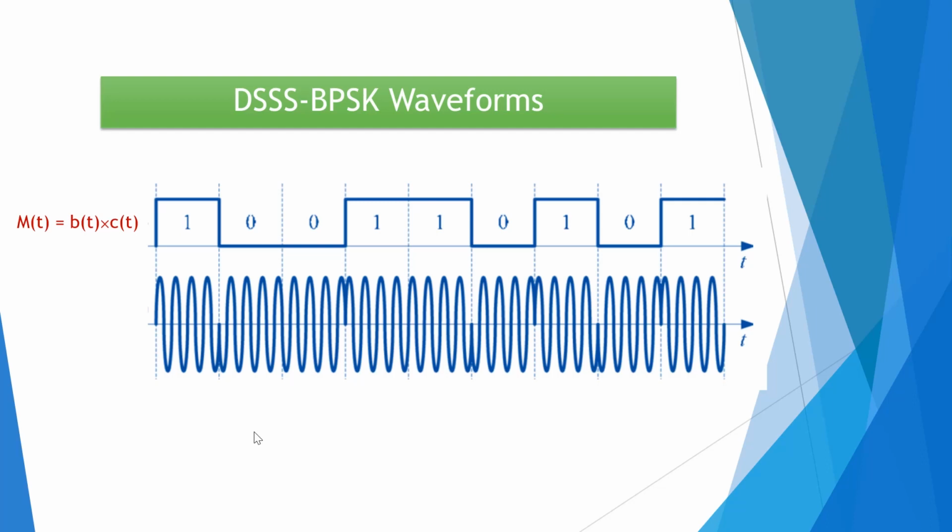Now, once it is applied to the BPSK modulator, we know the function of the BPSK modulator that we have seen in the last lectures. So the DSSS BPSK signal will become like this: whenever 1 bit is there, as it is the carrier, we get the carrier, and for a 0 bit we get the inverted carrier. So it is starting from negative. Again it is 0, so here it is starting from negative, but whenever the data changes again, we get a 180 degree phase shift here. So these are the waveforms for DSSS BPSK.